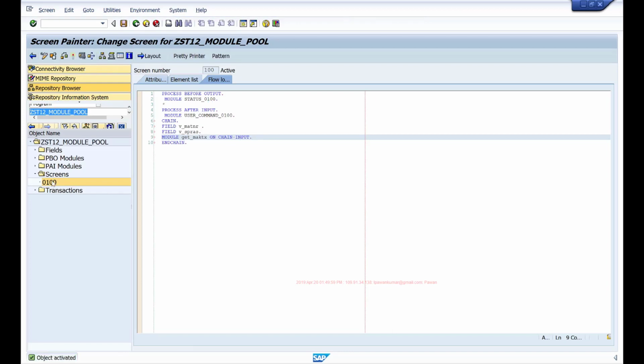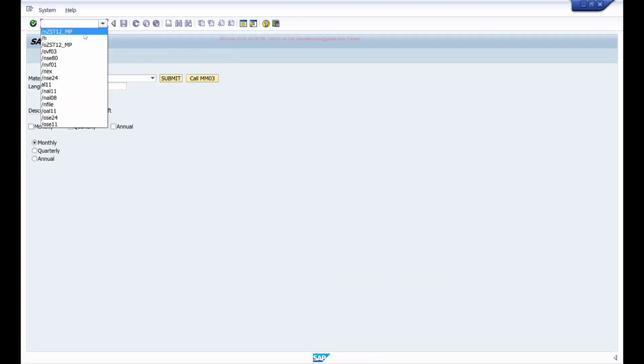Okay. And right now, when I select a value from the drop down, or when I click on the checkbox or a radio button, it doesn't trigger PAI. So you have to select this value and click submit or hit enter. It doesn't trigger PAI on its own, right? But if you have these list boxes, check boxes, radio buttons, and you want to trigger PAI automatically the moment the user selects some value, so that the user need not perform another action. So the moment I select this material number here, I want to display the description below. Then it should trigger PAI and execute my code. Right now, I have to click on the submit for it to trigger PAI.